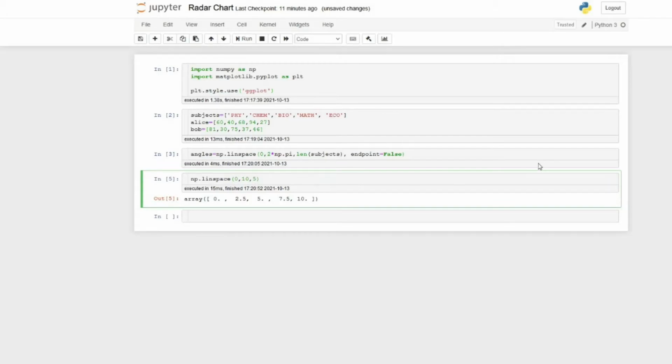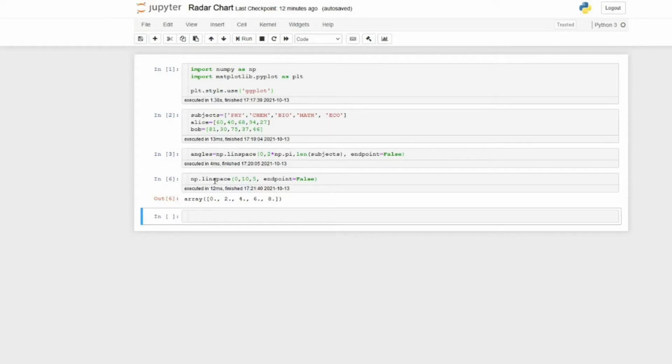If I give endpoint equal to False, it will divide into 5 equal parts: 0 to 2, 2 to 4, 4 to 6, 6 to 8, and then 8 to 10. So it will divide it into equal parts.